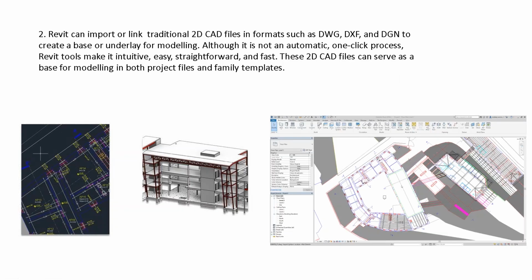To come a little bit more into the detail, Revit can import or link, and I'm going to explain the difference in a few moments, traditional 2D CAD files in formats such as DWG, DXF, and DGN. With that, you are creating a base or underlay for future modeling. What you have to understand, of course, is that it's a 2D drawing, and probably this might be the most difficult and most complicated moment, because of course 2D drawing does not